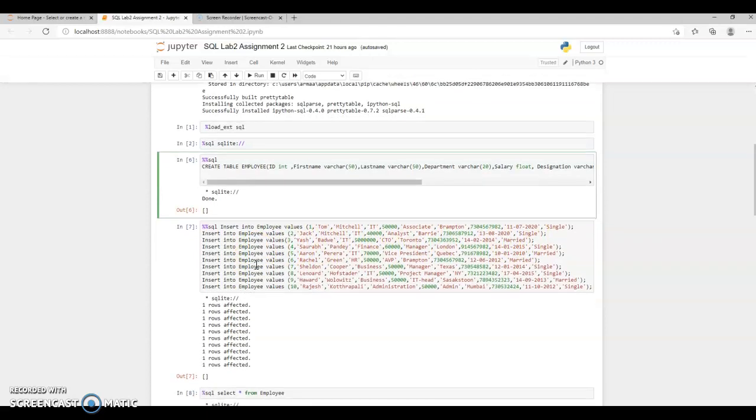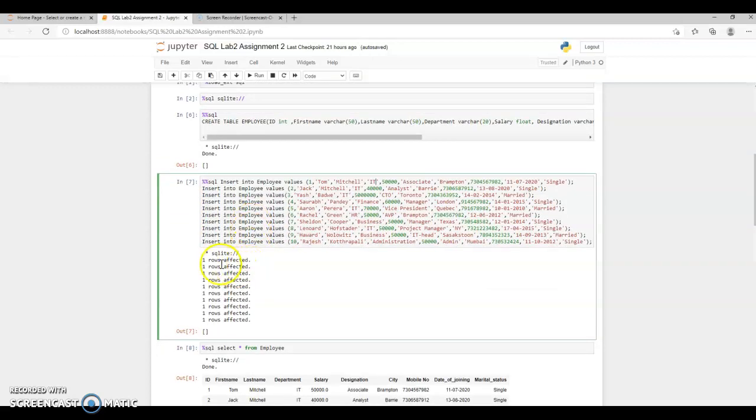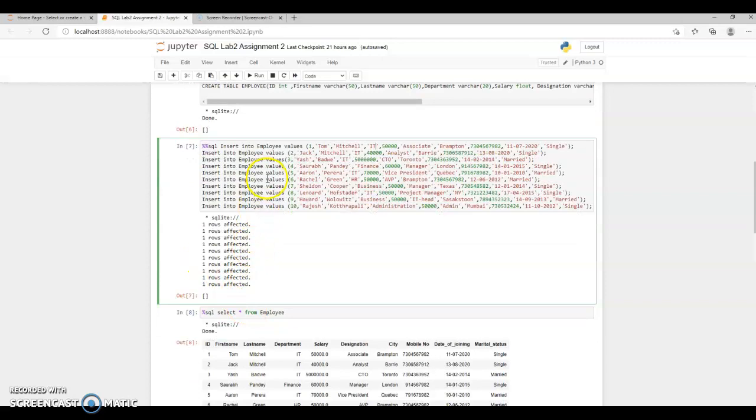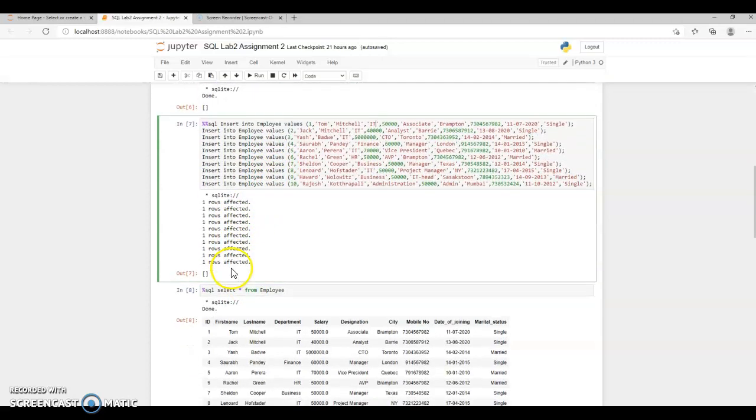We can insert as many rows as we want, and in case you don't have any particular number or particular varchar character to insert, you can leave a blank space over here. Once you run this command, you will get a message such as one row affected. So the number of rows you insert will be affected.